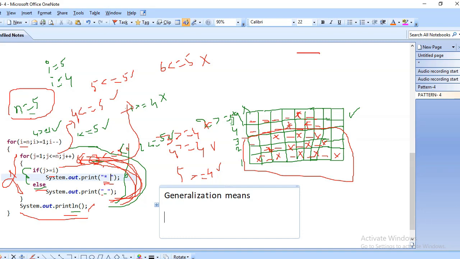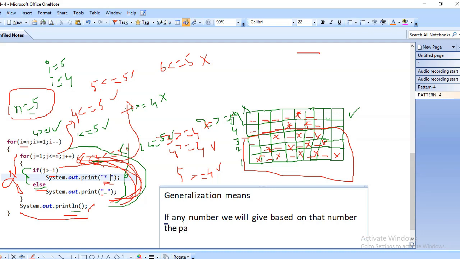So generalization means if we give any number, based on that number the pattern will be printed. Example 10, 20, 100, 25, 50, like this.